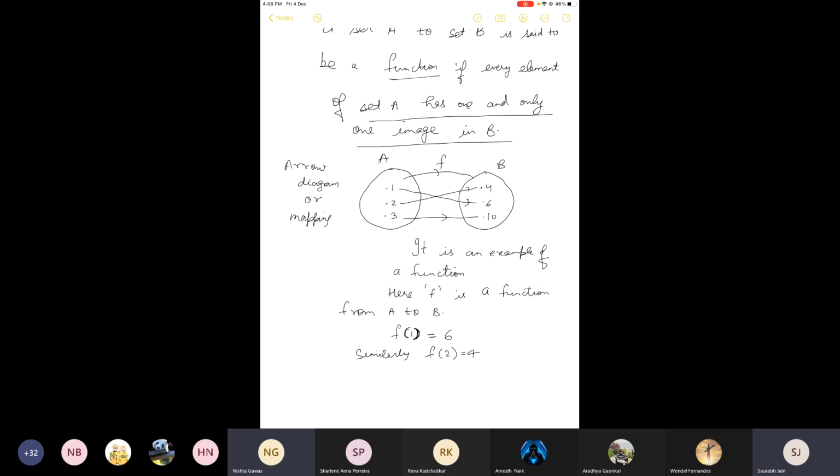If I want to find f of 2, then we will see the direction of the arrow and it is pointing towards 4. So f of 2 is 4. And similarly, f of 3 is 10. Okay. This is the way to express a function. Now, the values of A are selected, but the value of B comes according to the relation, with the help of these arrows. Okay. And the definition is clearly satisfied, which says that every element of set A